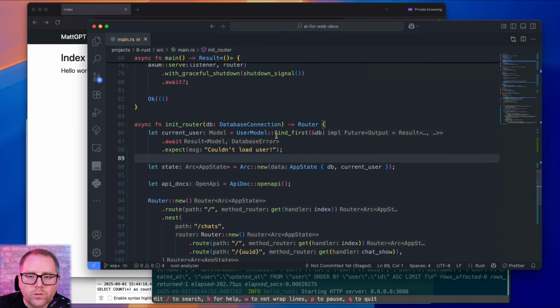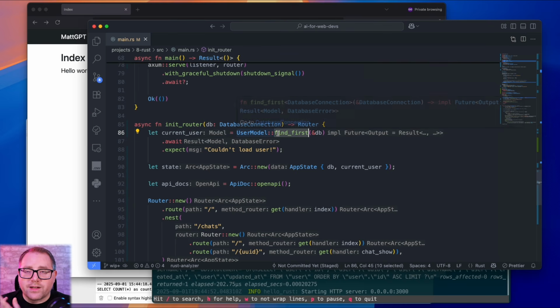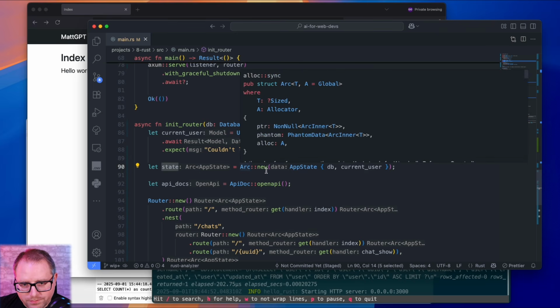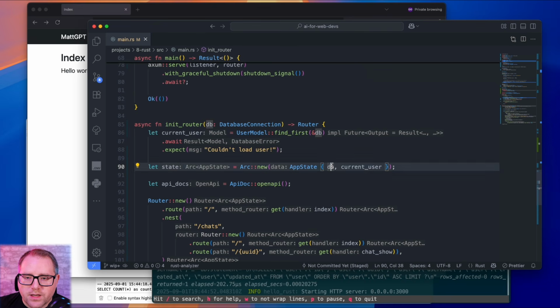Then we are going to use that find first user from our model, that helper function. We're just going to pick the very first user because for demo purposes, we only have one. We're going to create our app state. And in this case, we're going to have our DB connection handler and our current user. And that's going to get wrapped in an Arc reference counter.